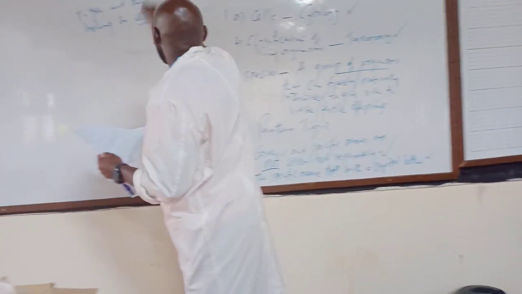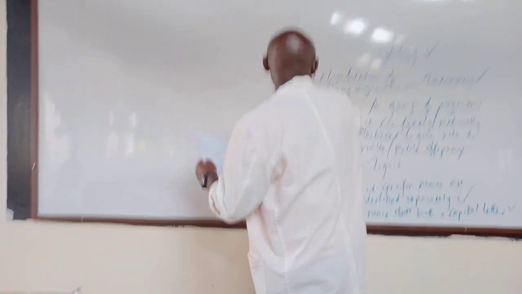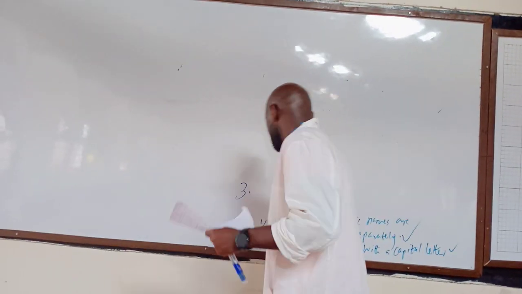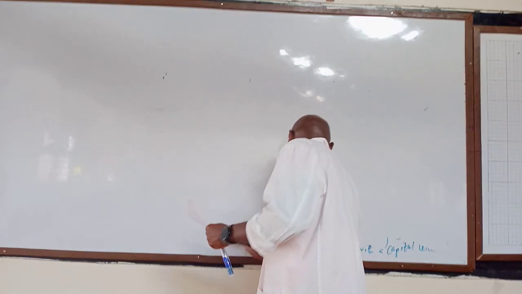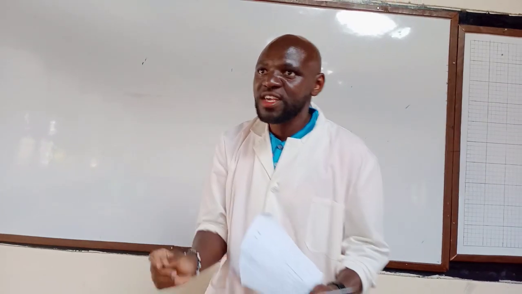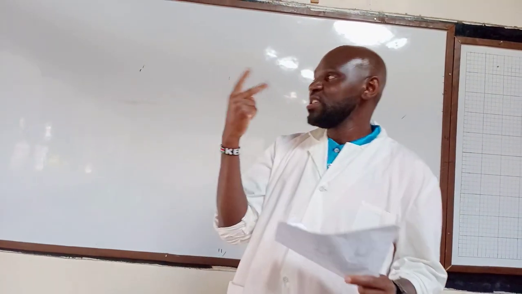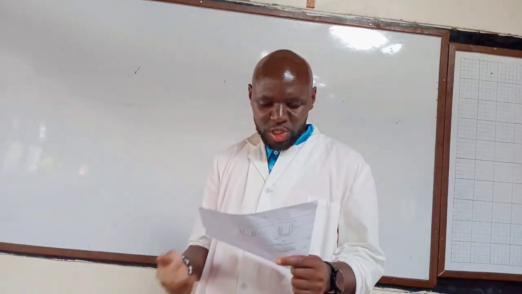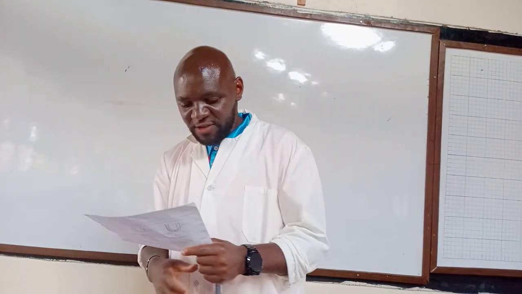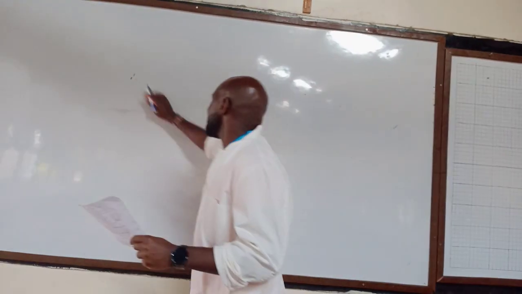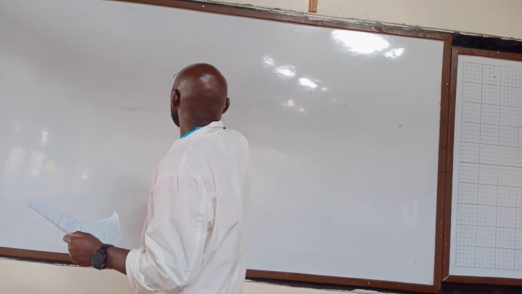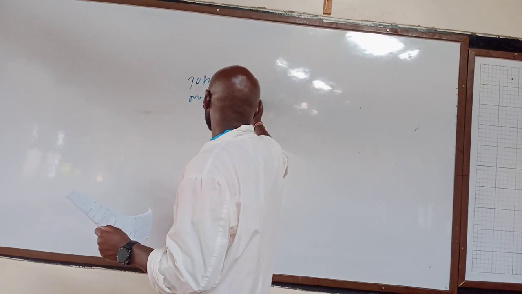So a cell was magnified 200 times using a light microscope. Once you have that statement, you're supposed to remember that magnification using a light microscope is given by eyepiece lens magnification and objective lens magnification. So if you are told that you're using a light microscope, the total magnification is given by